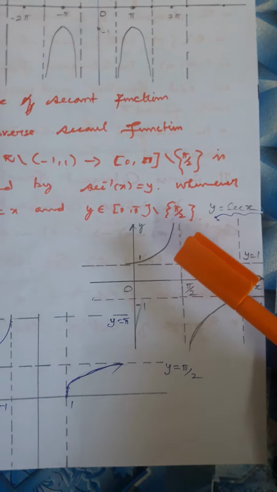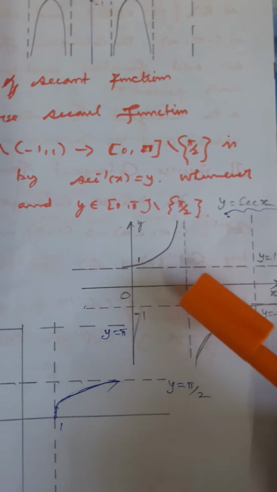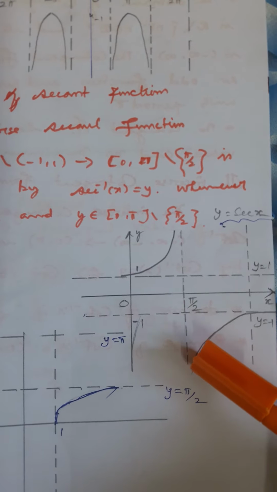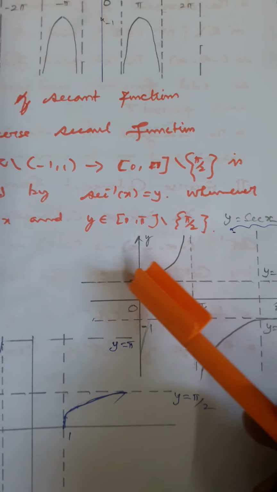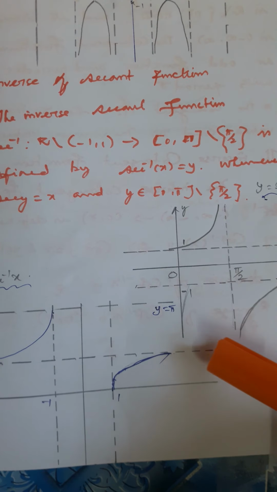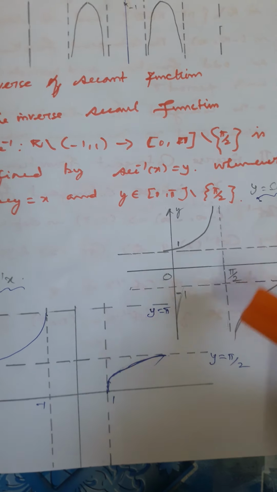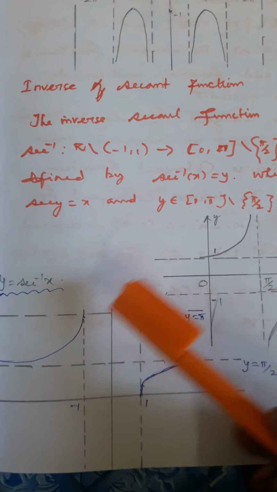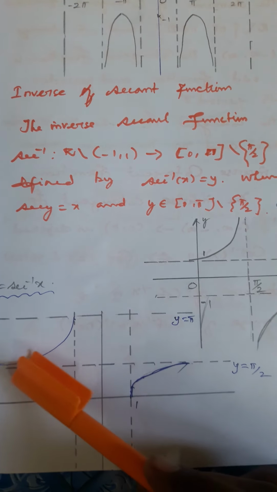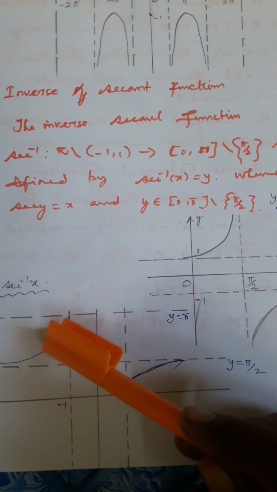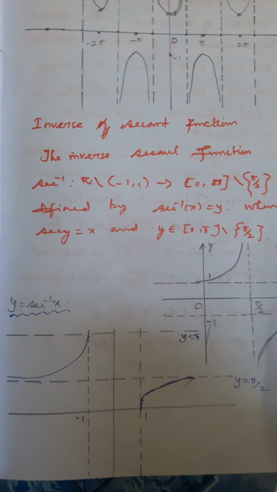So your diagram is given here is pi by 2 and this will be pi. So here it is coming like this. Here also for the inverse, you have to write pi by 2 and pi in y, right? The diagram will be in the upper side of the first quadrant, and this one will be in the third quadrant, right? Pi by 2, so that is this one here and this will be here. That is your secant inverse x diagram.